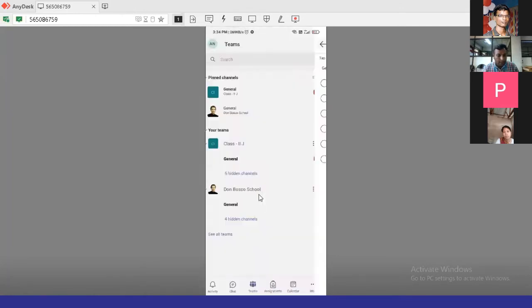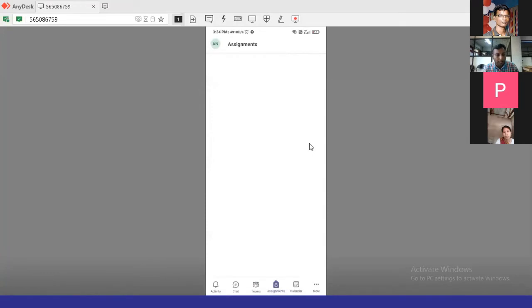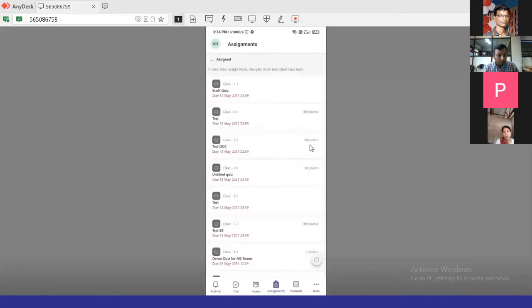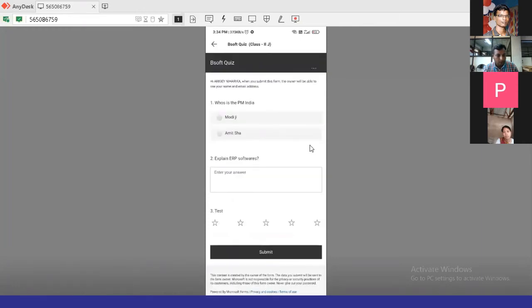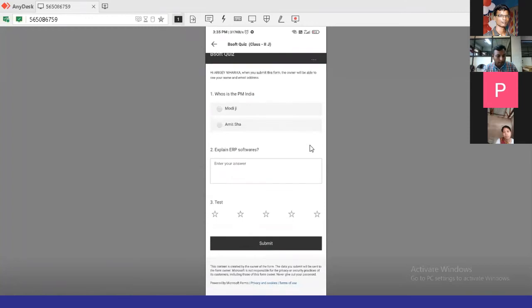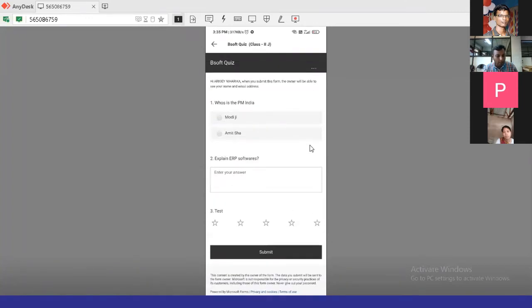Also about assignments, if a teacher submits any kind of assignment, I'll be able to see it here itself. Maybe I'll like to see how a quiz has been done. Clicking on the quiz, I opt for it. Whatever questions I entered in the morning appear here too. Who is the PM of India? I can just click on Modi ji.